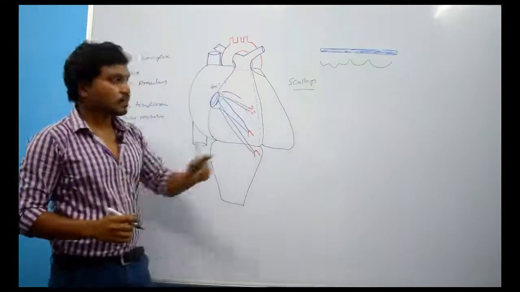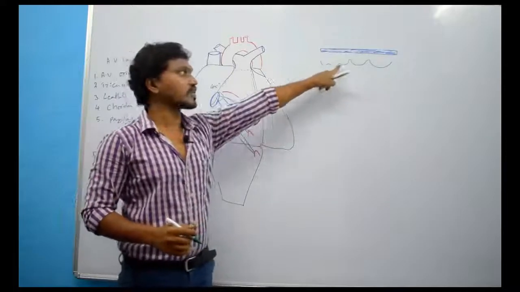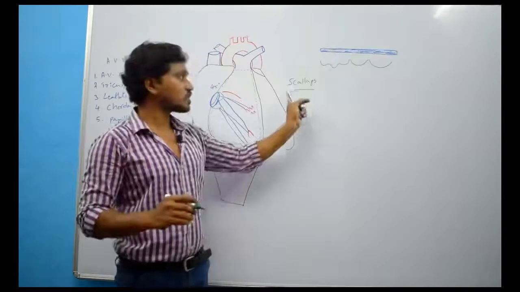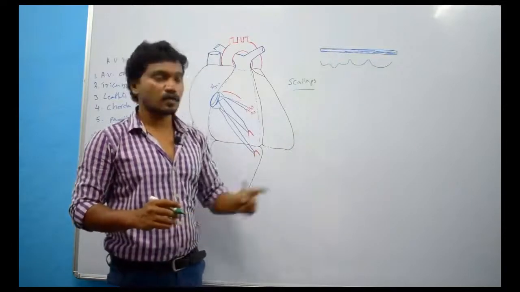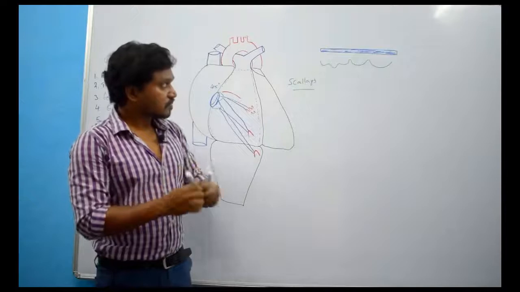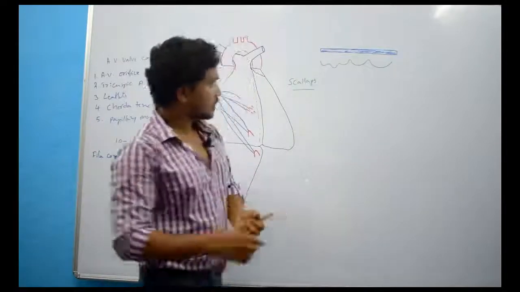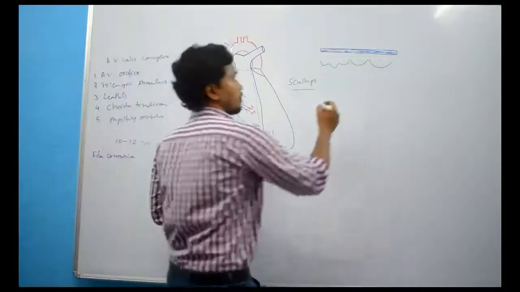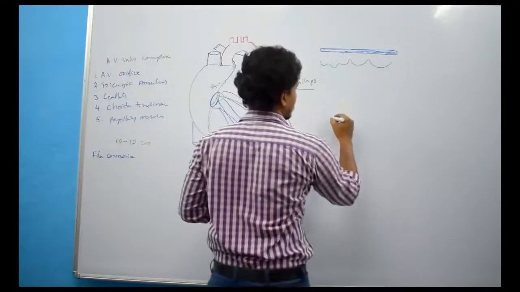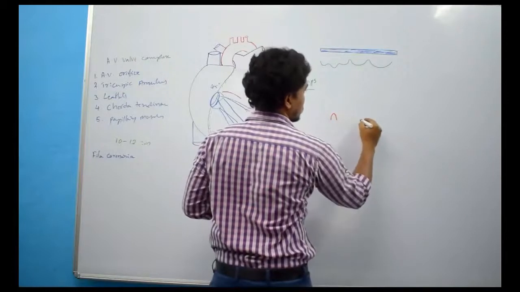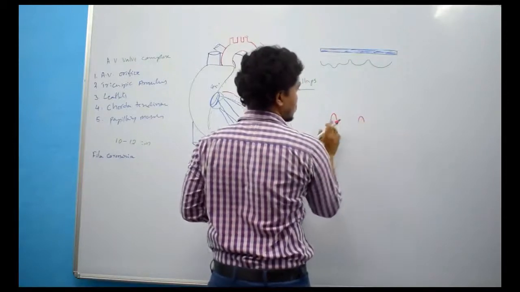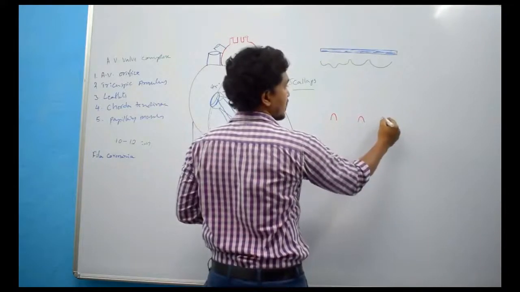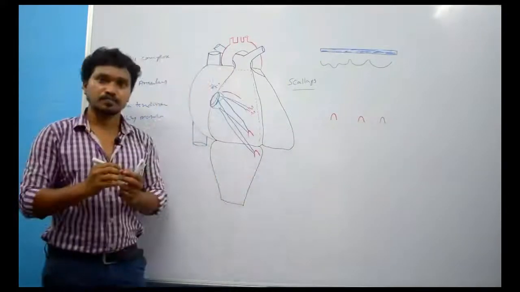Right? So, because of two clefts or two indentations, the posterior leaflet divides into three scallops. Then, here below this, what will be there? Papillary muscles. Actually, chorda tendineae, first we will see the papillary muscles. Here, papillary muscles. This is the posterior papillary muscle, this is the septal papillary muscle, and this is the anterior papillary muscle.